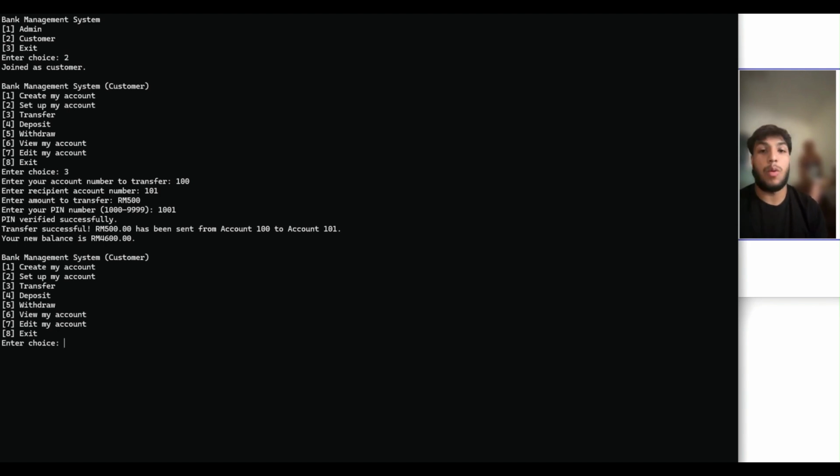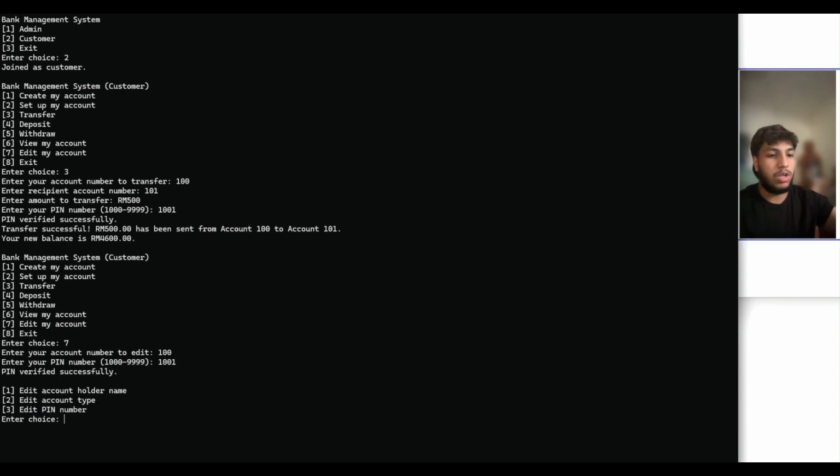So let's say I want to edit the PIN number of my account, so I will go to the edit option, the account number to edit. I'll enter my account number, which is 100, and then I'll enter my current PIN number, which is 1001. It gives you three options: you can edit the account holder name, account type, or the PIN number. I'll be editing my PIN number, so I'll select 3,